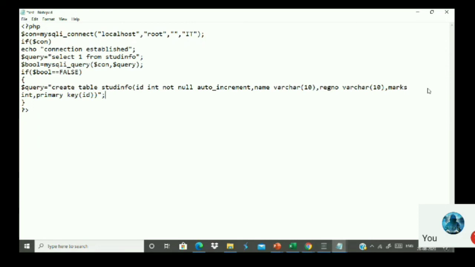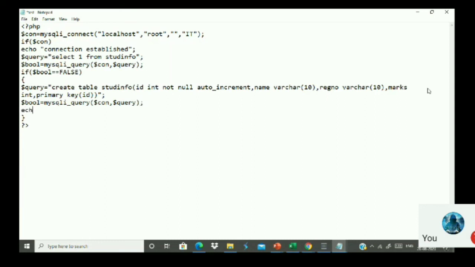Okay, this is the way of writing the query for auto increment parameters. So write the query like this. Then to execute this query, use here bool is equal to mysqli underscore query. The first parameter is called as connection, and the next parameter is called as query here.